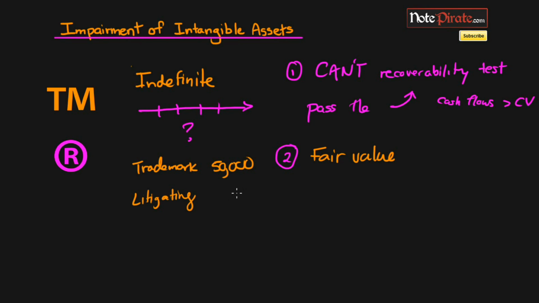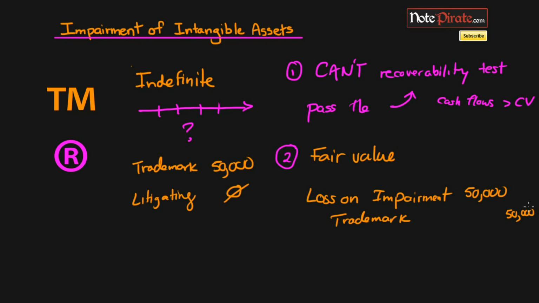Therefore, we're going to have to retire using the trademark. So it's actually going to be written down to $0. So the fair value is worth nothing, since it's going to provide no benefit for us. Therefore, we just report an impairment loss of $50,000, and then we'll credit the trademark for